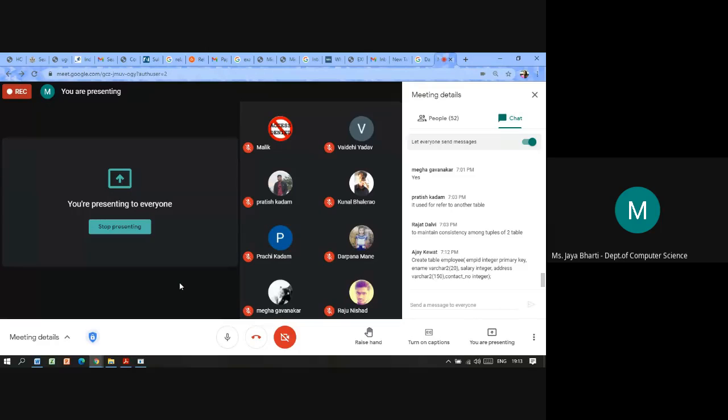Ajay, two more constraints are missing. Name should not be null, and the salary should be in the range of 20 to 30,000. Include those two constraints.